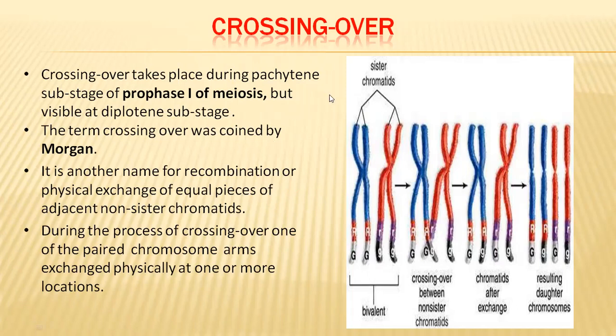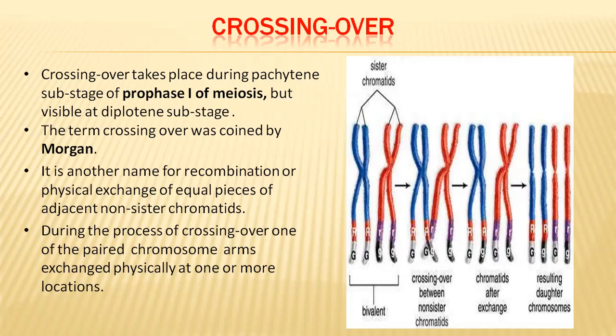So we know that two chromosomes will be there as a pair. So in these two chromosomes, during the division phase, each chromosome will be having two chromatids in them. So the two chromatids of the same chromosome are called as sister chromatids. And the chromatids of one chromosome and chromatid of another chromosome of the same pair are called as non-sister chromatids. So usually this crossing over occurs in between the non-sister chromatids.